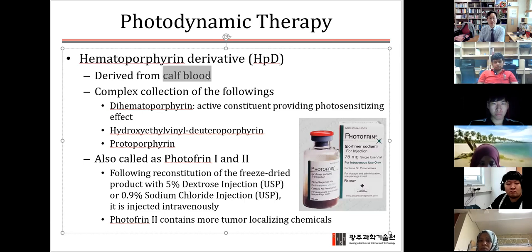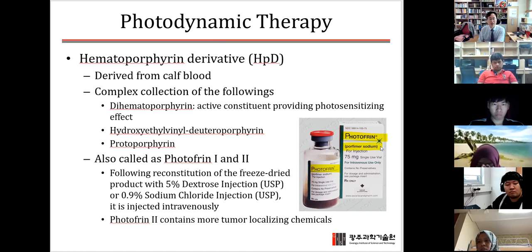Taking the cow blood, they make this hematoporphyrin derivative, HPD. The commercial product name is Photofrin, as you can see in this photo. So Photofrin is the product name, but the chemical name is